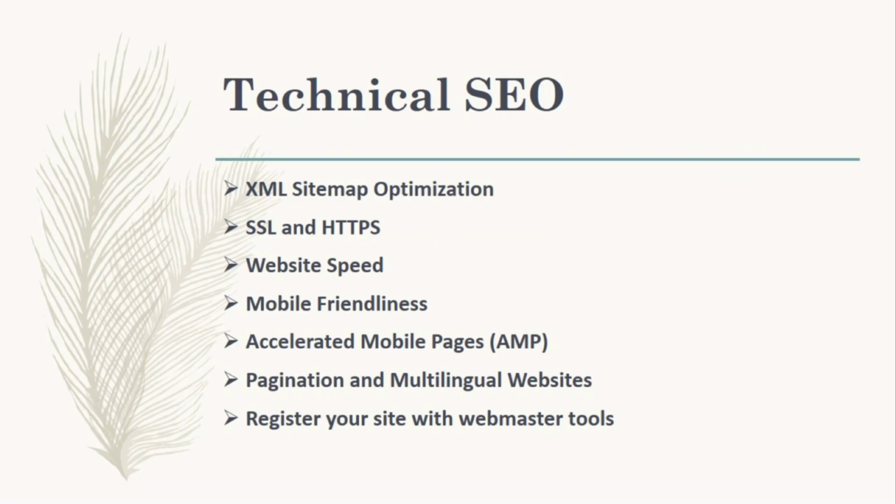Next we come to mobile friendliness. If I tell you about mobile friendliness, as you are opening amazon.com as an app, if any website doesn't have an app, and they have currently started their website and are going live, they have to make their website mobile friendly. Most websites, if you open facebook.com on desktop and on mobile, on mobile you will find m.facebook.com, right? That is the mobile-optimized website. So you have to make your website like that, so it can be opened on a mobile also. There will be no issues on the mobile website even if you don't have an app, so you can use it on desktop and mobile both.